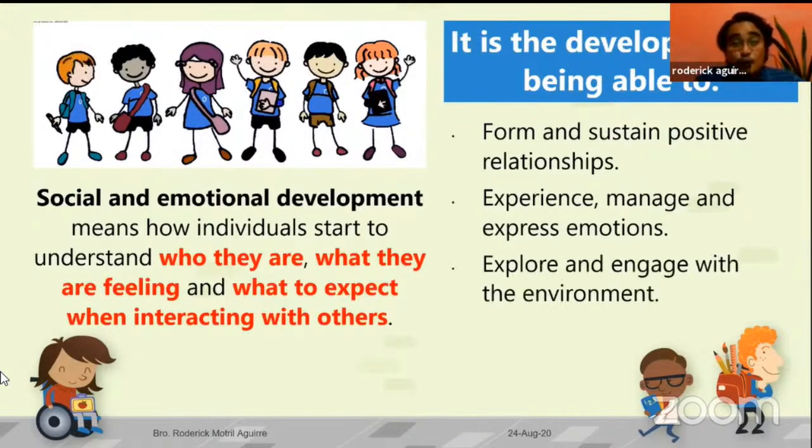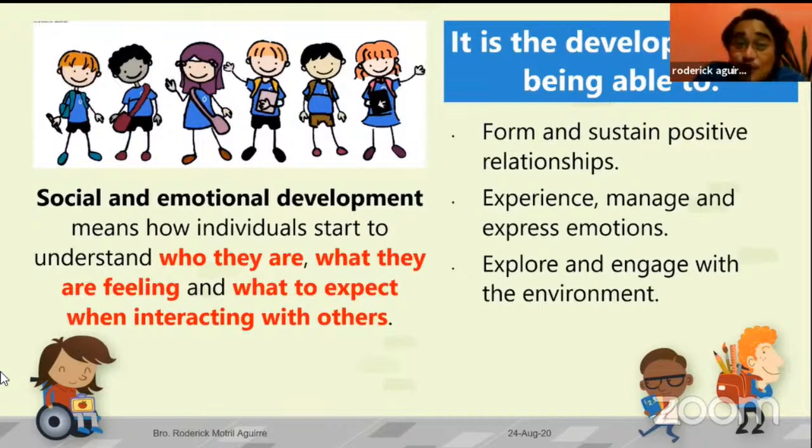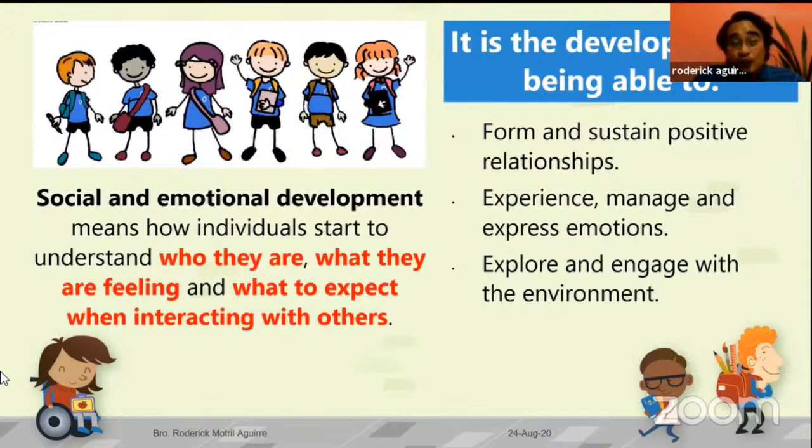Next would be explore and engage with the environment. They know that there are a lot of institutions in society, a lot of places in the community that would make them feel better about who they are, and appropriate places to do things. As parents and as teachers, we need to provide our children with what we call a community tour, for them to know what places in our community have specific responsibilities in case we need those. We need these people, and who are these people there.